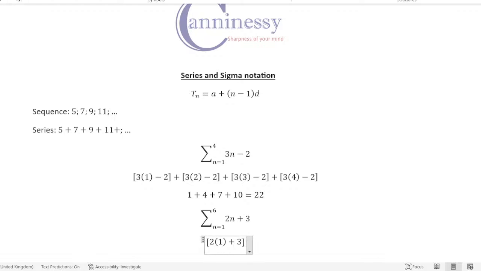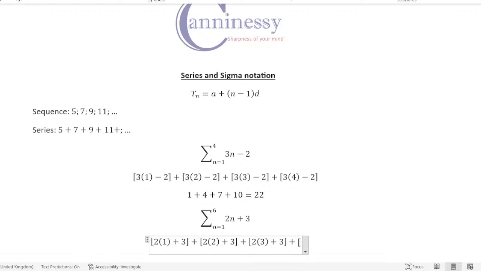Close brackets, plus, open brackets, 2 into 2. Remember the next number after 1 is 2, plus 3, close brackets, plus, open brackets again, 2 into 3, plus 3, close brackets, plus,